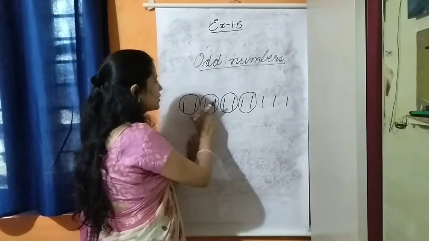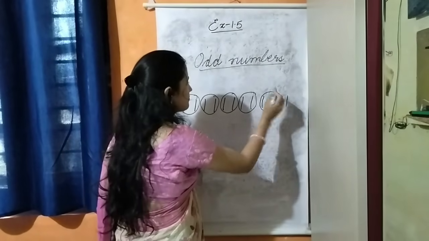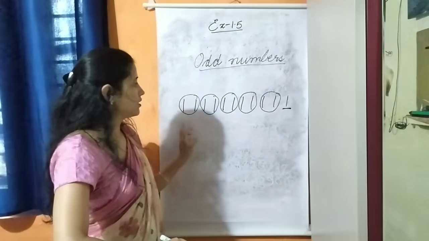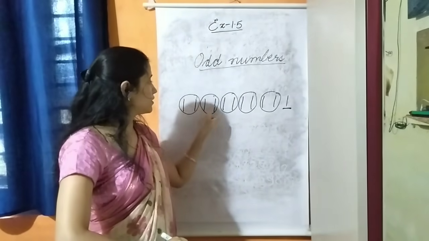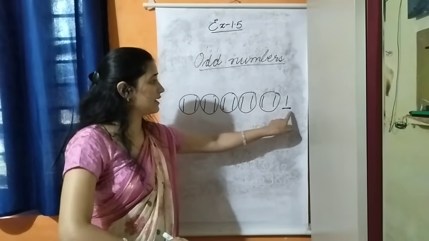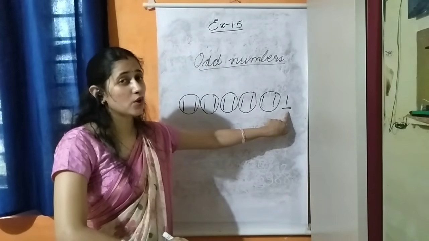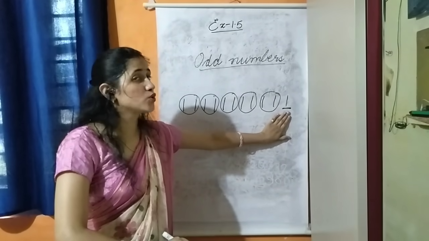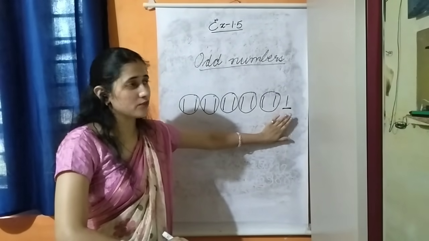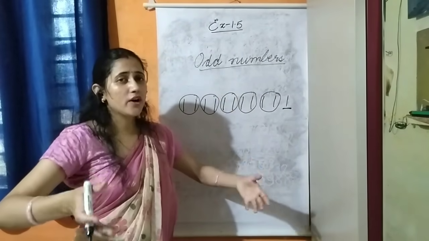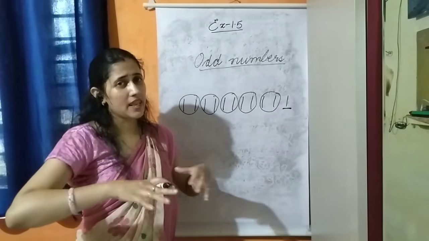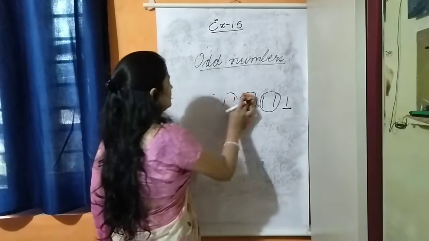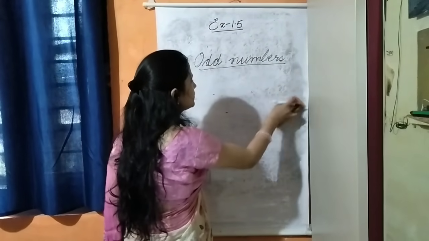So we have got 1, 2, 3, 4 and 5 pairs, okay, but one is left alone. How many lines we have drawn here? 1, 2, 3, 4, 5, 6, 7, 8, 9, 10, 11, okay. So 11 is not an even number. 11 is an odd number. Odd numbers do not form pairs, okay. If you try to make a pair with an odd number, one will be left behind alone, okay. And the definition I have already given you.